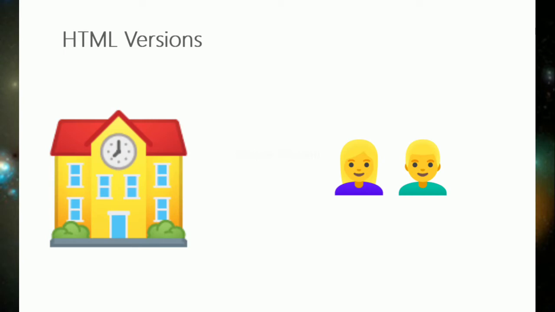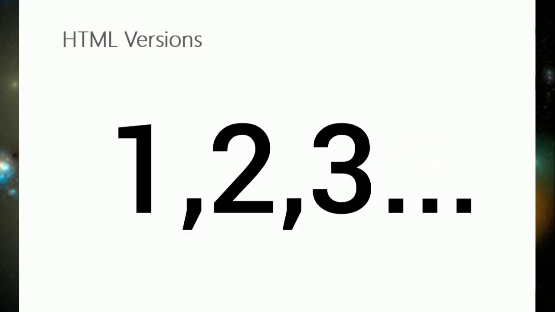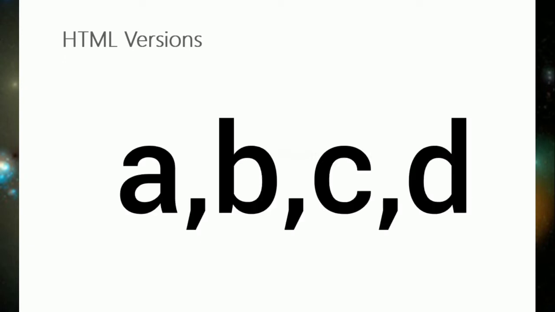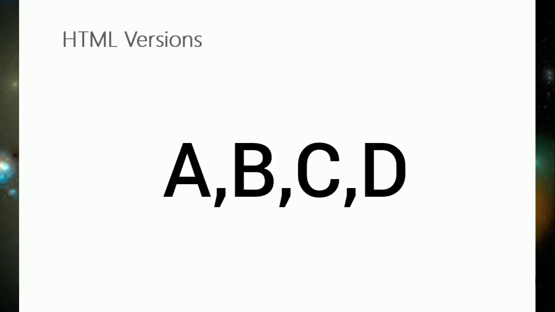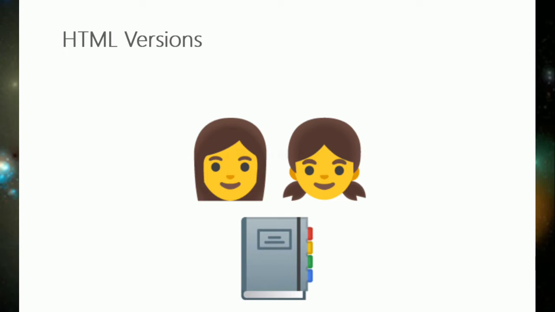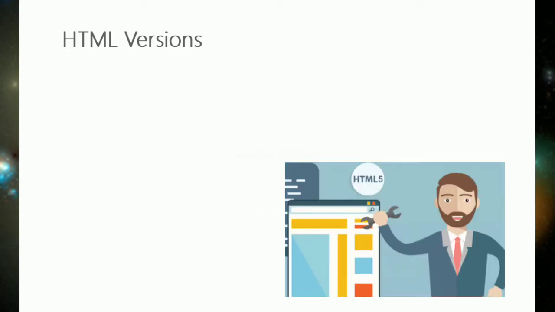If I take the example of school, first we go to LKG, then UKG, and then first standard, second standard, and it keeps on going like that. Each and every year we are learning new things, we are updating ourselves. We start from small abcd and then come to capital ABCD. One by one we learn. Each day we are learning something and updating ourselves. In the same way, versions are created only to update features and also to add more features so that it will be useful to the people who are using it.